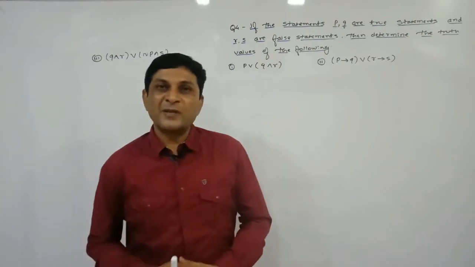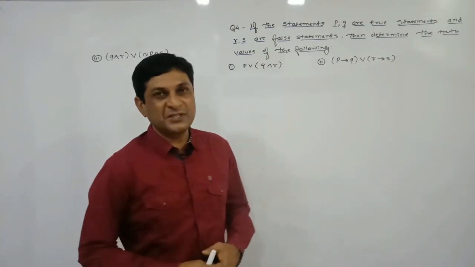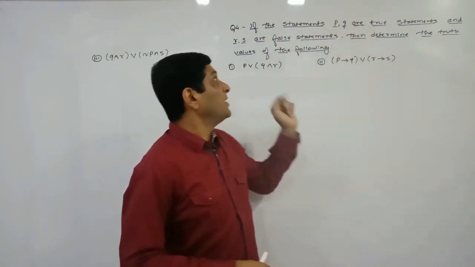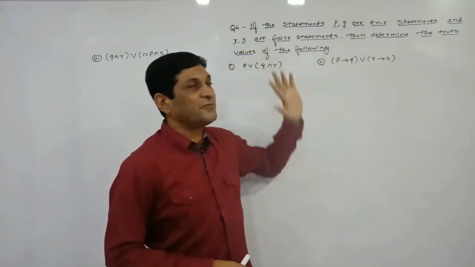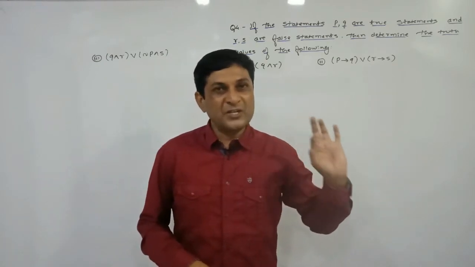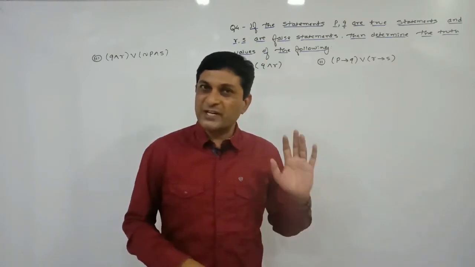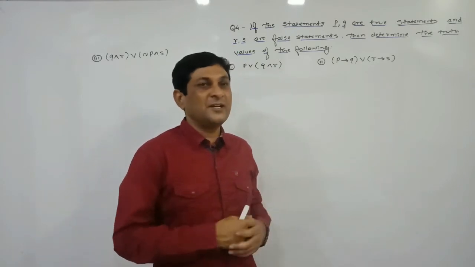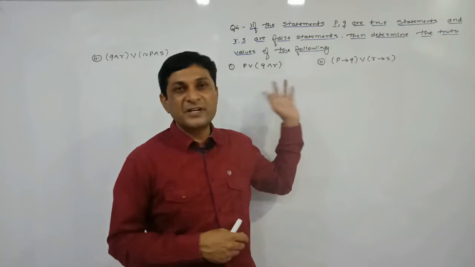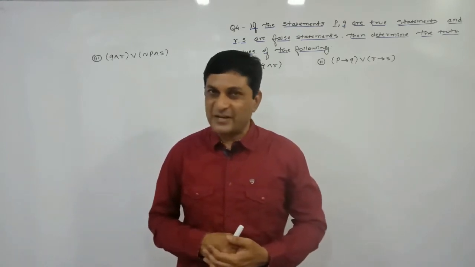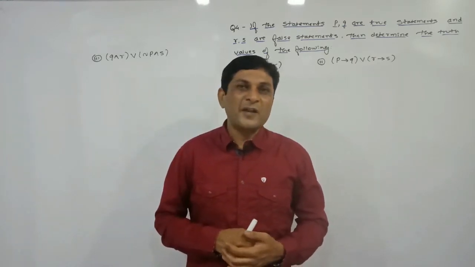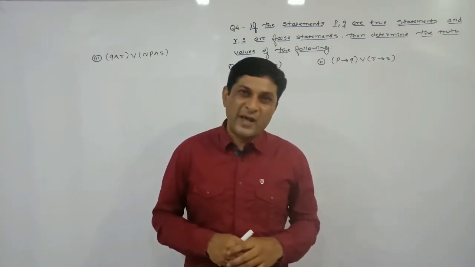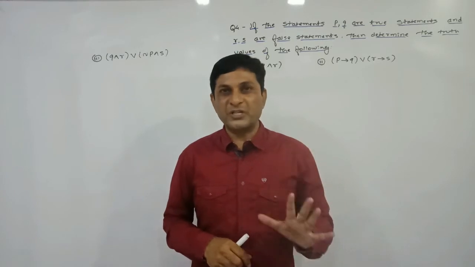Now let us try to solve question number 4. Observe the condition in question number 4. It is given to us that the statements P and Q are true and the statements R and S are false. Means truth values of P and Q are given to us. P and Q are true statements, whereas R and S are false statements. Using all these given conditions, we have to determine the truth value of the given statement. So to find the truth value of a given statement, we should know all the results related to truth values of our 5 logical connectives.